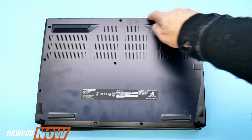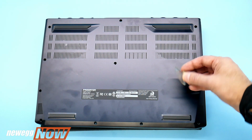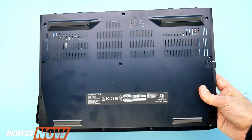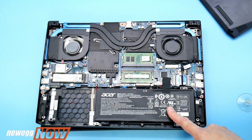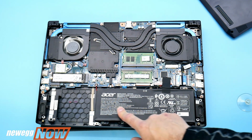Now the underside is made of the same black anodized aluminium as the lid. The fit and finish was very tight, so you may have to use a suction cup to get inside. Now you will notice that it has some decent air intakes on the bottom cover. The 59 watt-hour battery lasted me about 3 hours 20 minutes streaming YouTube at 25% brightness. And you do have some space to the left for a larger battery,